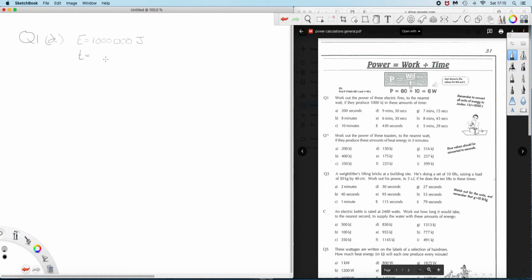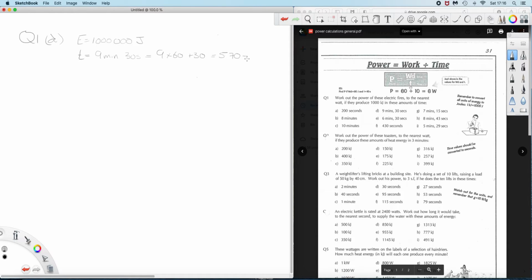So 9 minutes and 30 seconds in seconds, because we always want to have our time in seconds, would be 9 times 60 seconds plus 30. 9 times 60 is 540 plus 30 is